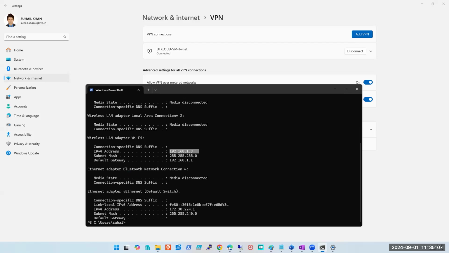You are not able to see my Wi-Fi icon, that's on screen 1. But now I got the notification there that you're connected to VPN, and can you see it here? It is connected here also. And now if I check my IP, what is my IP address, guys? 192.168.1.